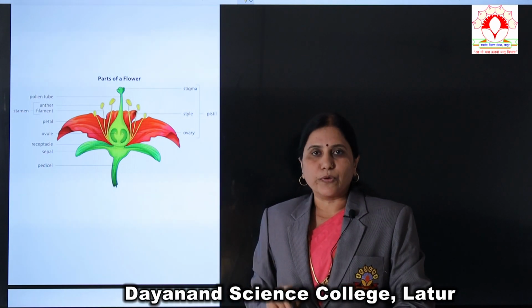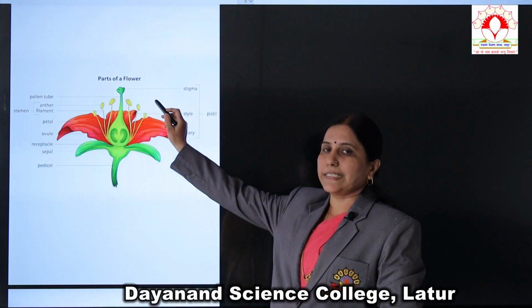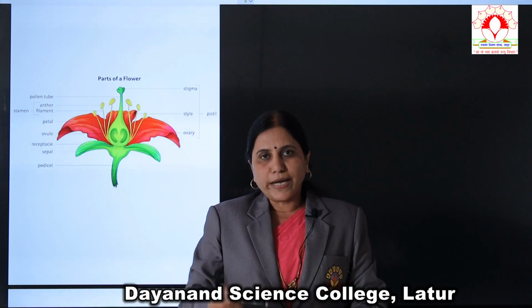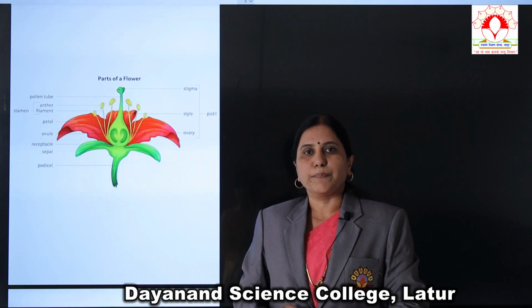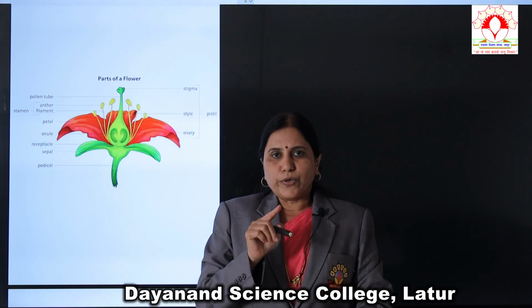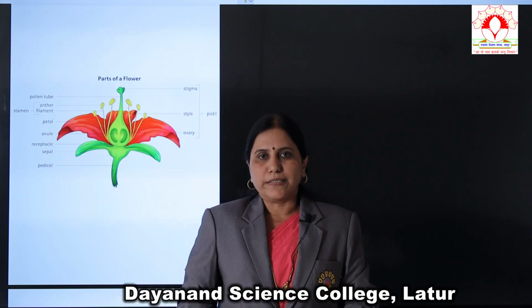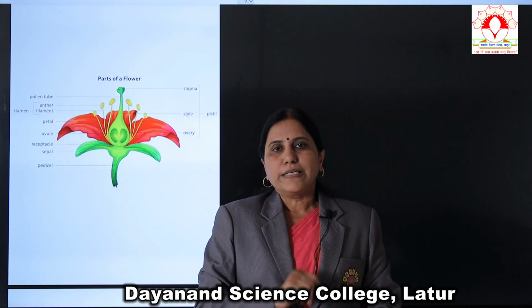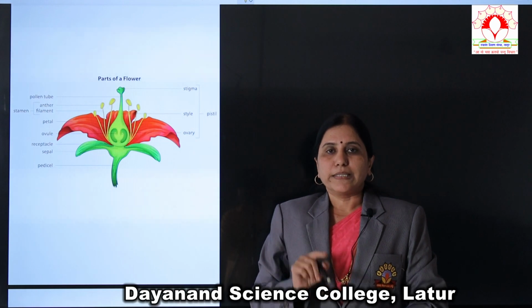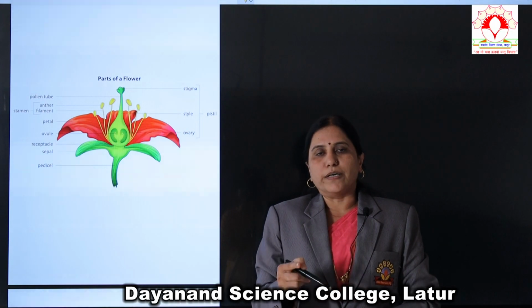Out of all these four floral whorls, androecium and gynoecium are essential floral whorls, or necessary floral whorls. Why are they called necessary floral whorls? Because they help in the process of sexual reproduction. So in case of angiospermic plants, when the process of reproduction takes place, the type of reproduction is sexual reproduction. And in this sexual reproduction, the first event that is necessary to occur is called